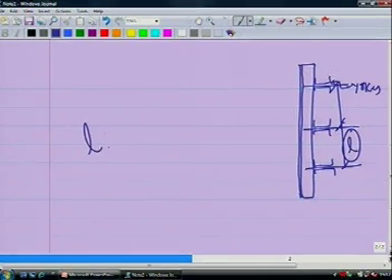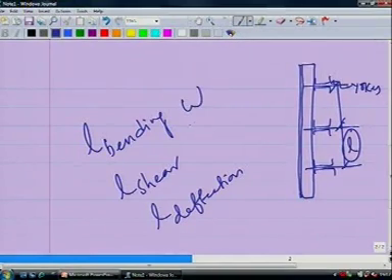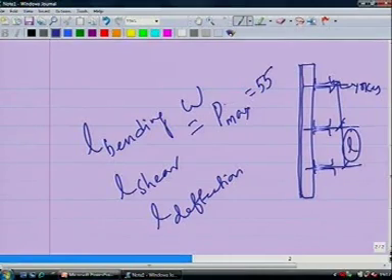Now, L again we will find out based on bending consideration, based on shear consideration, and based on deflection consideration. Can you just find it out? What would be the load in this case now? W. You already have P max as 55 and this multiplied by 0.15. Do you understand this? This would be kilonewton per meter. Do you understand this, technology class?